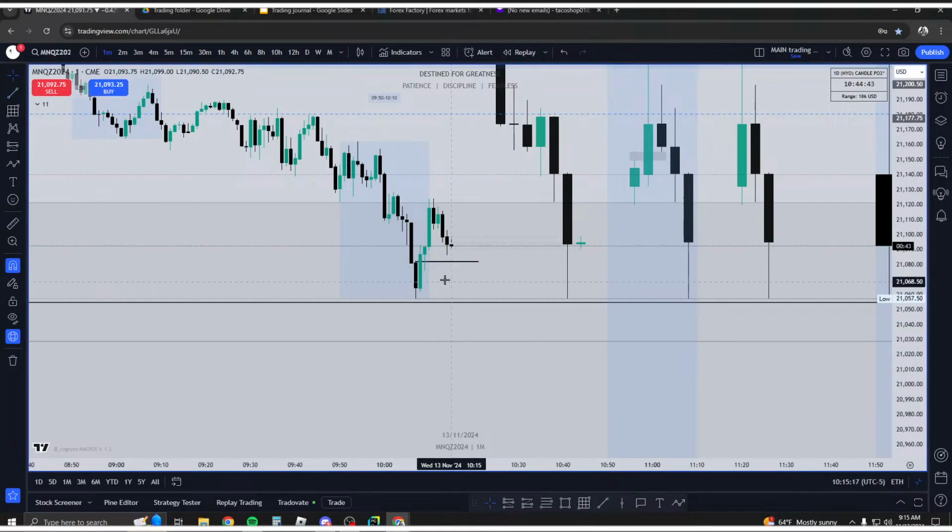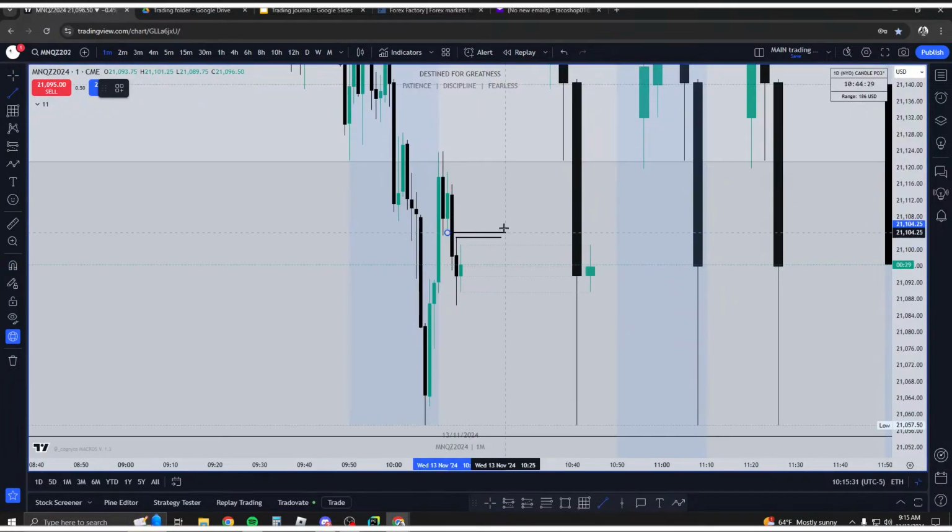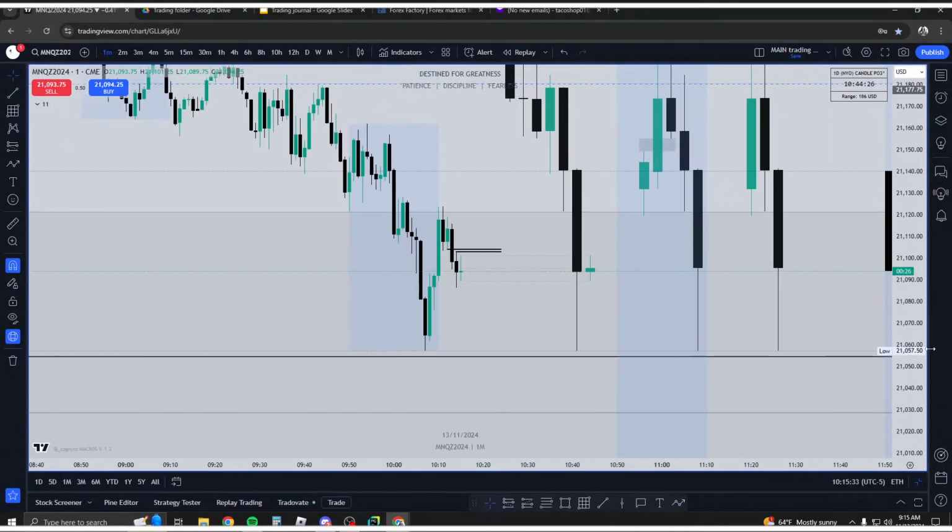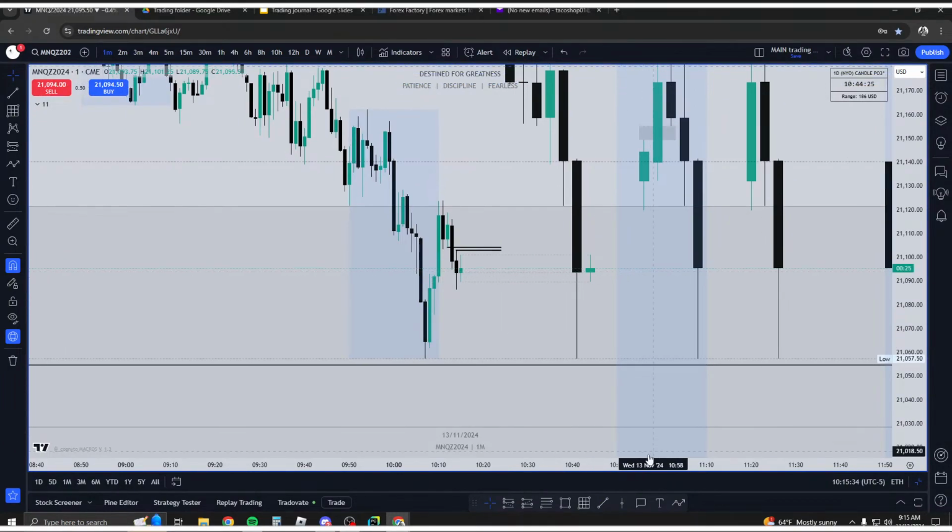Can I enter off of here? No, we're actually trading above it right now, so this could be treated as an inversion. So I'm not going to enter off of that. Can I enter off of this small little 1-minute fair value gap? I mean, you could if you're confident in it. It's just, for me, size really does matter.